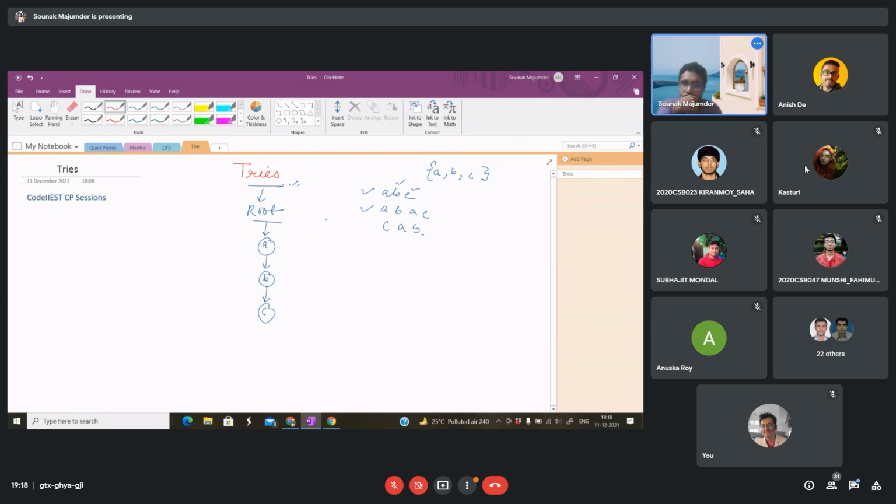Now the fun thing comes: how we are efficiently storing the strings. If we are normally storing the strings, even if all the strings are of length m, as we discussed in the question, the complexity to search any string would be n into m, which is very much reduced in case of a tree because the alphabet, English alphabet, or any kind of alphabet we are using to store the children is limited.